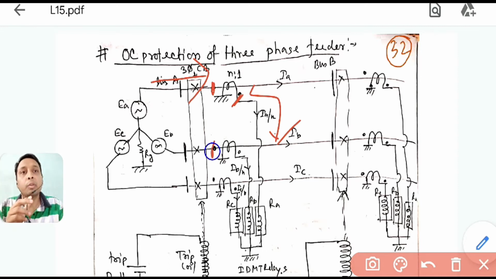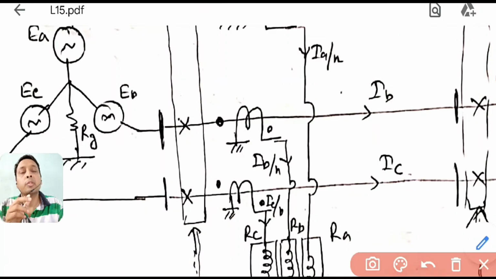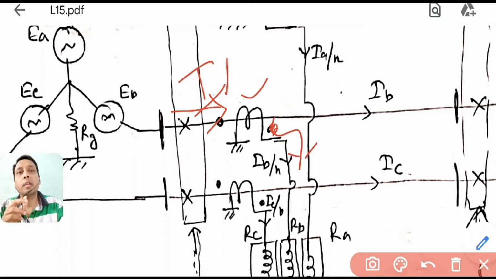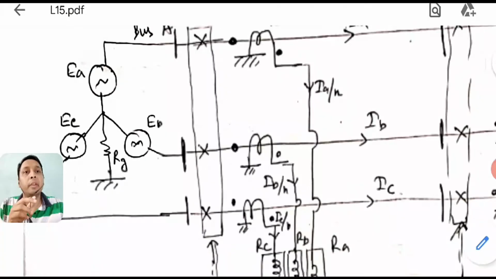You can see here through this dot current is entering towards my CT. So through the secondary dot it will come out. Can you see it, or let me zoom it here one more time. So if you consider this CT, through this dot current is entering the primary, so in the secondary through this dot current will come out. It is in, it is out. So this is the actual dot convention, and this way the dot conventions are given.